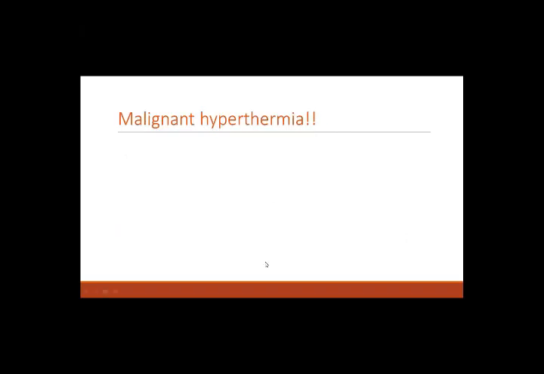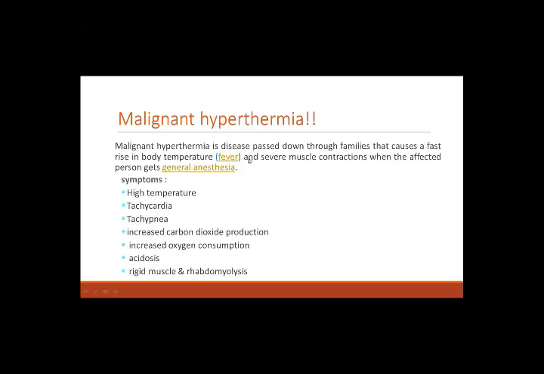Okay, then one specific complication of anesthesia is malignant hyperthermia. This is a condition, it's a familial condition in which the patient is sensitive to anesthesia agents, particularly succinylcholine, right? And as a result of use of succinylcholine, there would be high temperature and tachycardia and tachypnea. This would be to an extent that there would be acidosis and rigid muscles and even rhabdomyolysis if this thing